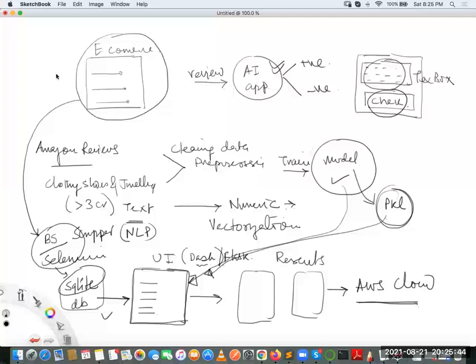Guys, Prophet is a library from Facebook to perform time series modeling of the data. Then one project to build a recommendation system, and one project related to NLP. That is the 5 set of projects we have designed.